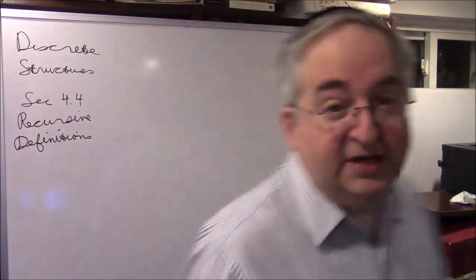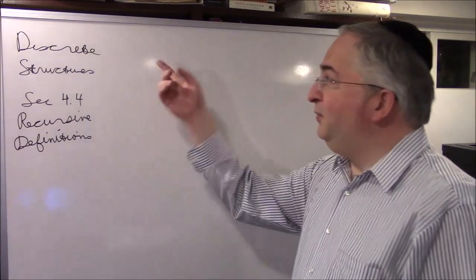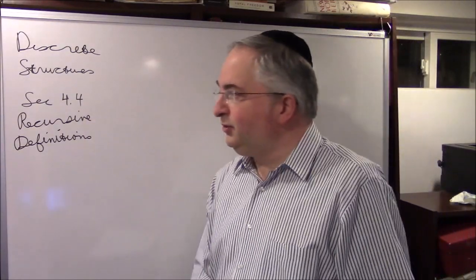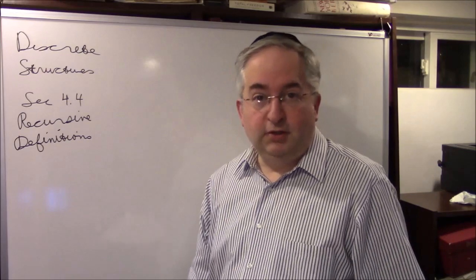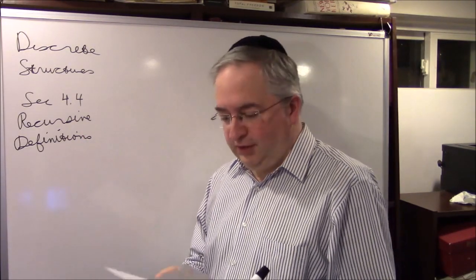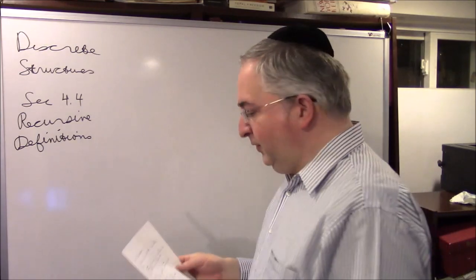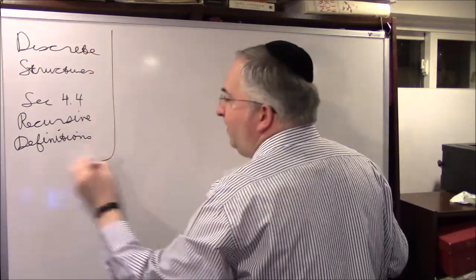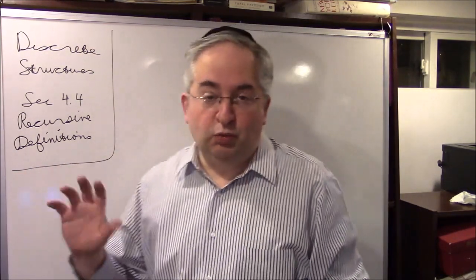My name is Professor Yanofsky, Noson Yanofsky. This class is called Discrete Structures. We're doing section 4.4 of the Ross and Wright book. The topic is called Recursive Definitions. Okay, so we have to remember, this is very much related to